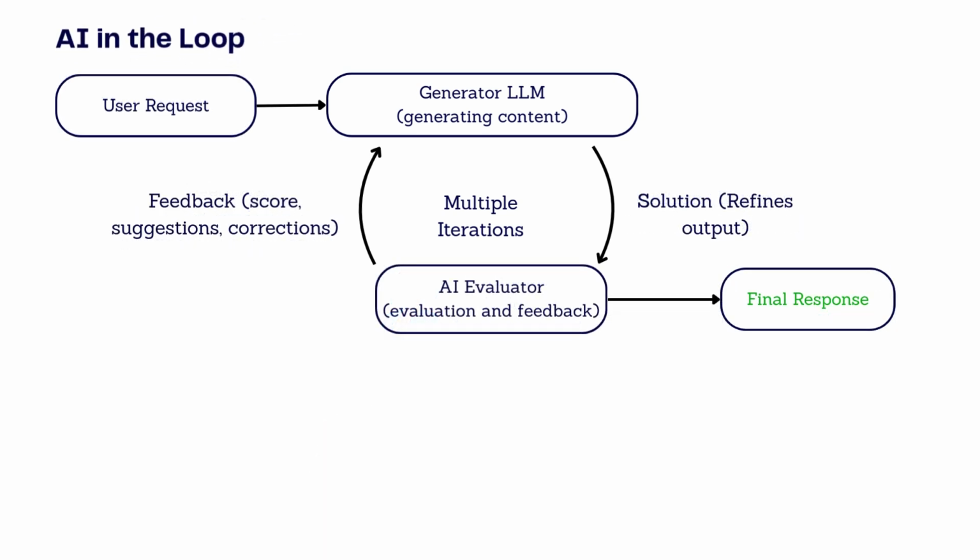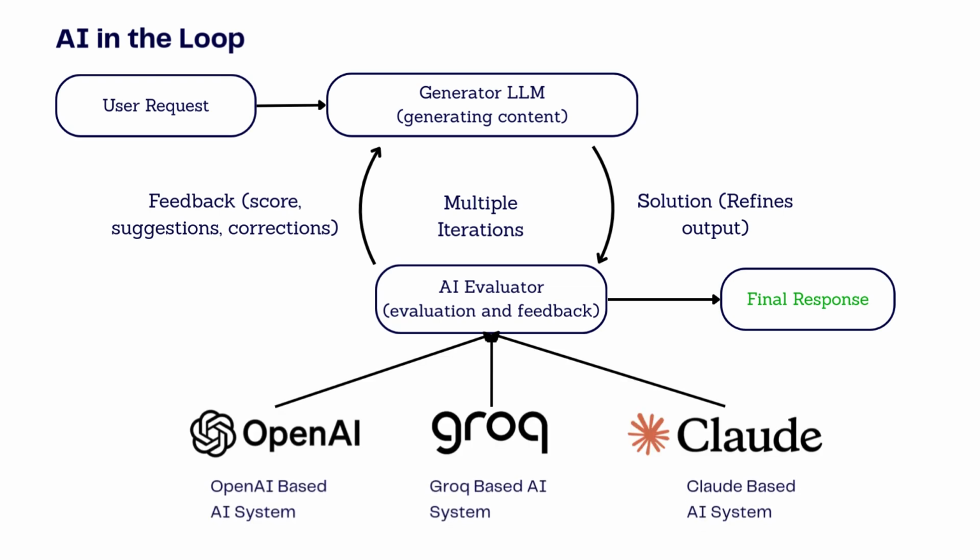AI in the loop is a workflow where an automated system or another AI module evaluates the output of a generator LLM and provides feedback for improvement. Unlike human in the loop, there is no direct human involvement at every step. This makes the loop faster, scalable, and ideal for repetitive or large-scale tasks. A separate AI system reviews this output based on rule-based automated tools like grammar checks or code validators, or it can use automated scoring systems to check if output meets predefined criteria.